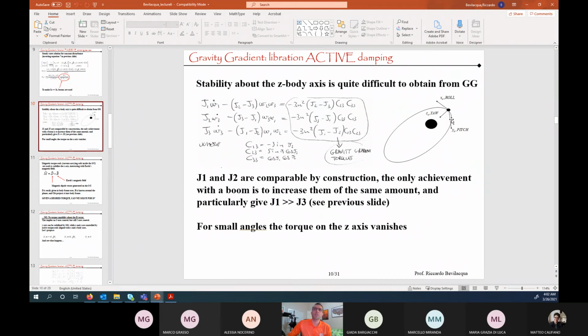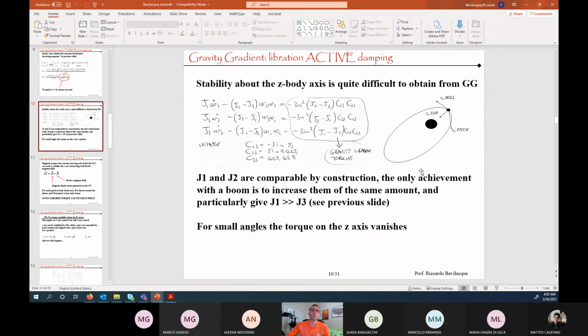By the way, this is the LVLH again. When we say small angles, we assume that the body axis will be very close to LVLH, and so that's why I'm interchangeably calling z the yaw axis as z of the body, but obviously there are two different things. But we just know that we have assumed small angles, and so they're pretty much aligned. And so to control that axis, in other words, to have some action due to gravity gradient about the yaw axis is very difficult. It basically